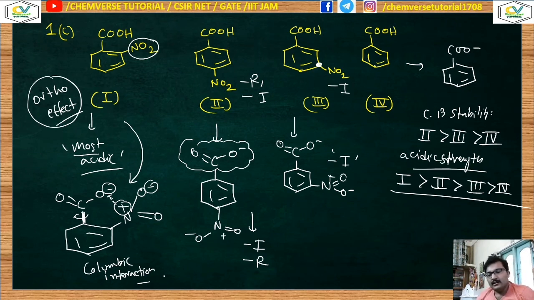I have covered almost all the important topics related to the ortho effect and steric inhibition of resonance. In my next lecture I will give you the example where the steric inhibition of resonance affects the basicity of the system, and the basic strength can also be determined with respect to some other effect called steric inhibition of protonation. So the SIR effect and the SIP effect on basicity will be discussed in my next lecture.